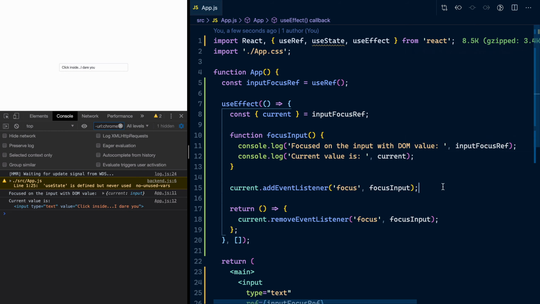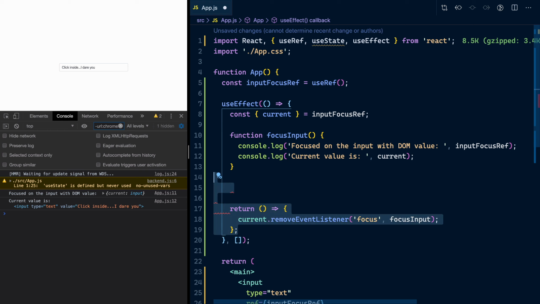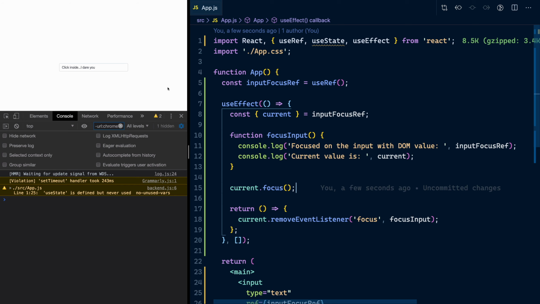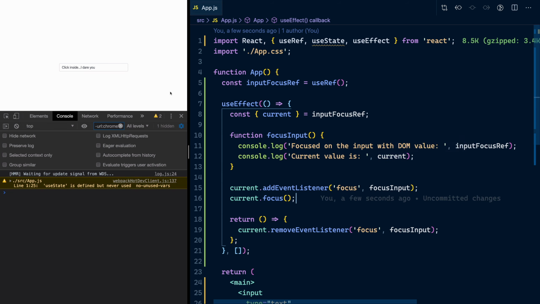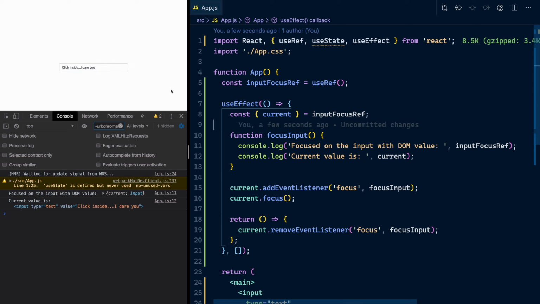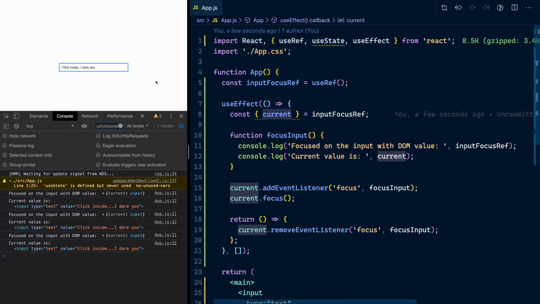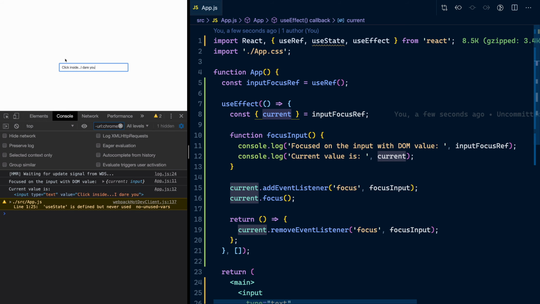And if you want to, you can actually, where it's adding the event listener here, let's just do this. We can just do current.focus. Let me add the listener back in there a second. We'll do current.focus. And there we are. As soon as I jump into the page, or focus on the page, you get the immediate focus. And there is some accessibility advantages and disadvantages to immediately focusing on an element,